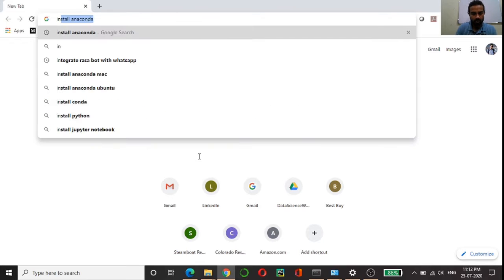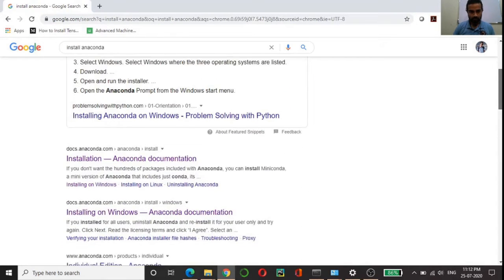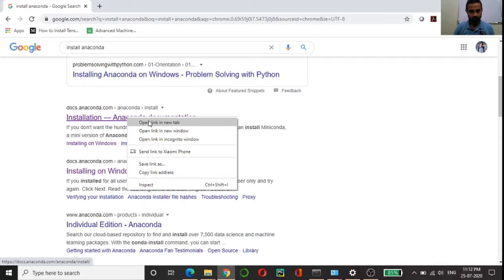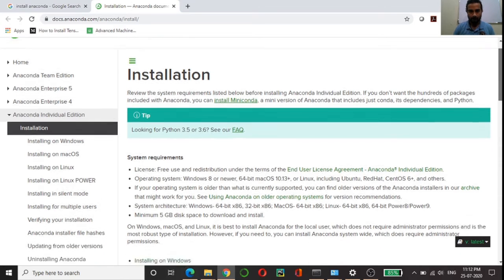Just Google "install Anaconda" and go to the official website of Anaconda. This documentation is very nice, and you can follow the steps to get it installed without any problem.